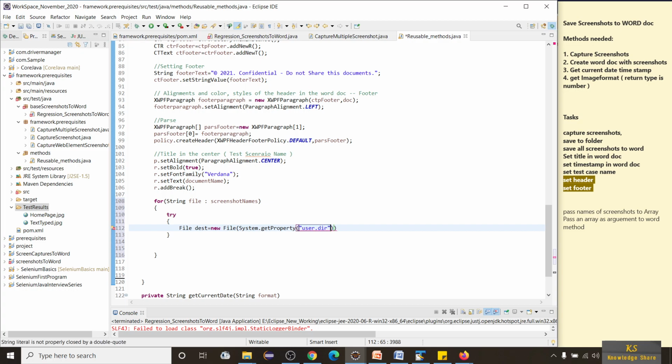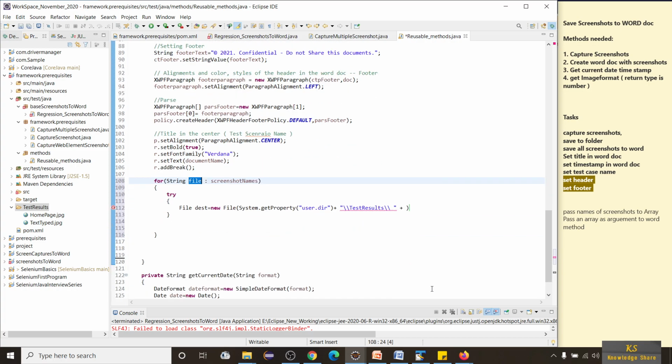So user.dir, and I'm going to give test results. And file, that means the file name which we are getting, that means a screenshot name, plus dot jpg.